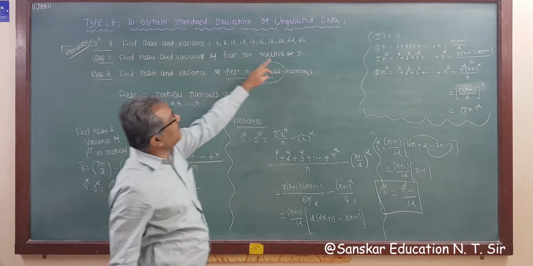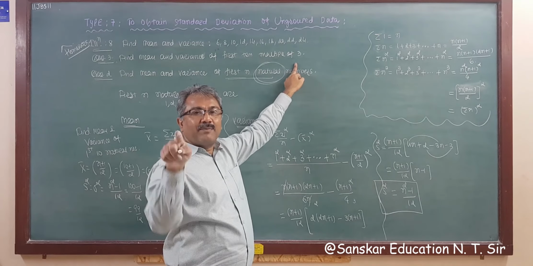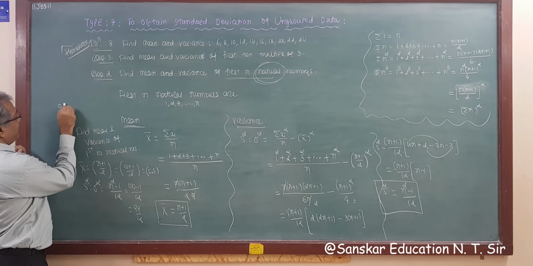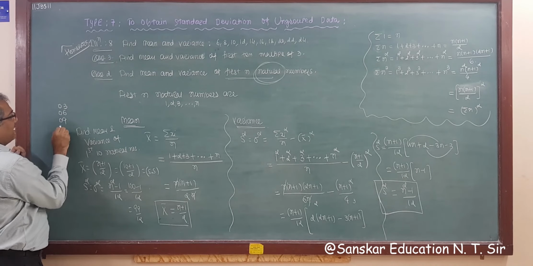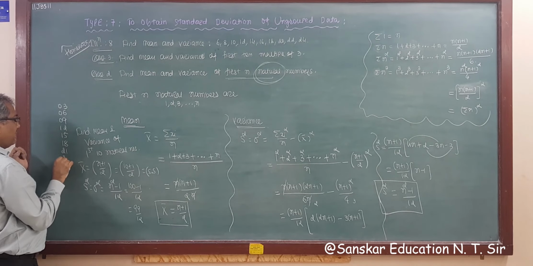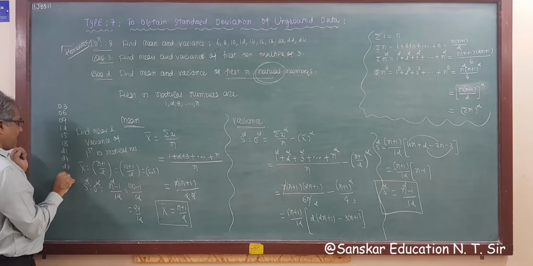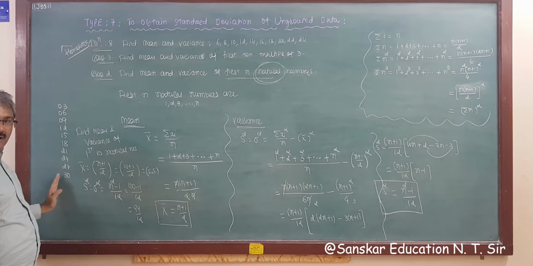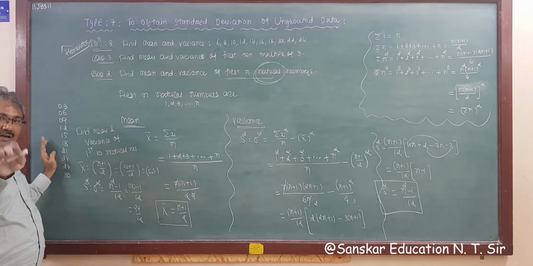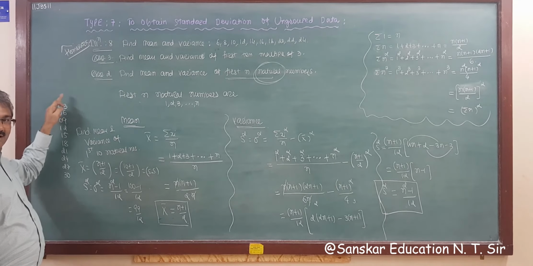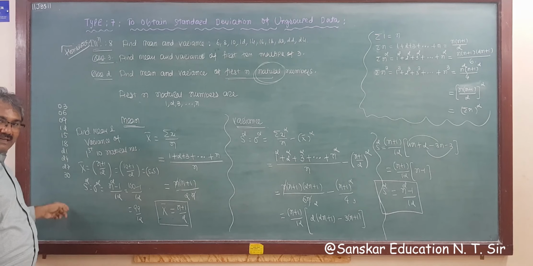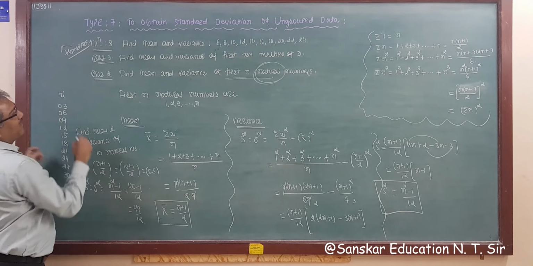So the first 10 multiples of 3: the first multiple of 3 is 3, then the second, your observation, like this: 3, then 6, 9, 12, 15, 18, 21, 24, 27 and 30. So these are the first 10 multiples of 3. So 1, 2, 3, 4, 5, 6, 7, 8, 9, 10. So you have to write down the table of 3. 3 ones are 3, second multiple 3 into 2 is 6, 3 into 3 is 9. So like this, these are your given xi, and you have to find the mean and variance.